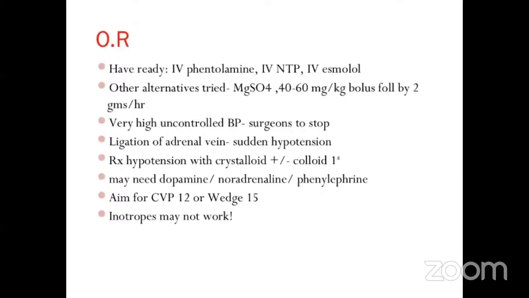In the operating room, we have to keep these drugs essential before starting the case of pheochromocytoma, like IV phentolamine, nitroprusside, esmolol, and other alternatives we can use are magnesium sulfate 40 to 60 mg per kg bolus, followed by 2 grams per hour. If there is very high uncontrolled blood pressure despite all these medications, we'll immediately ask the surgeons to